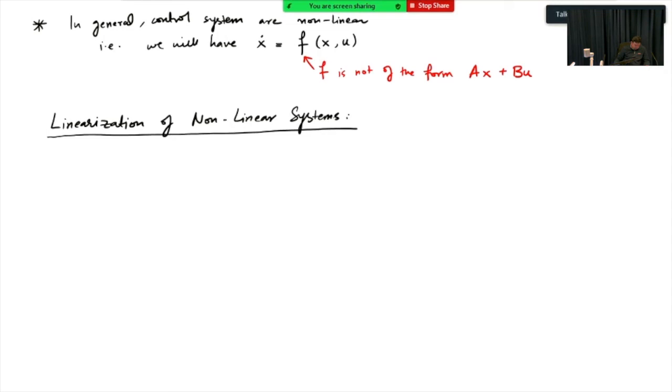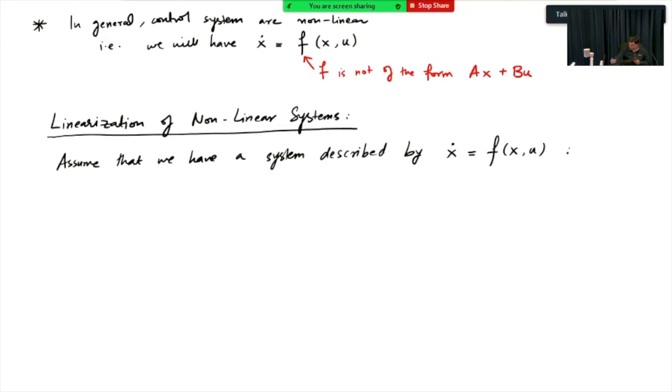Okay, so how do we linearize the system? Let's look at the technique. Assume that we have a system, which is described by x dot equals some function of x and u,